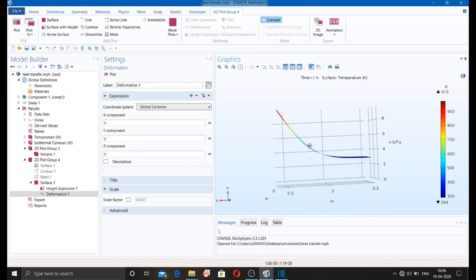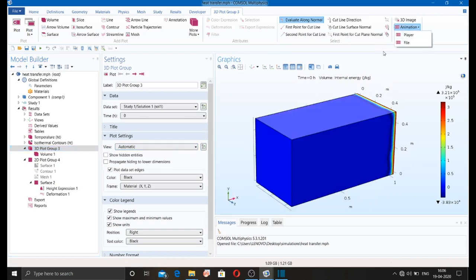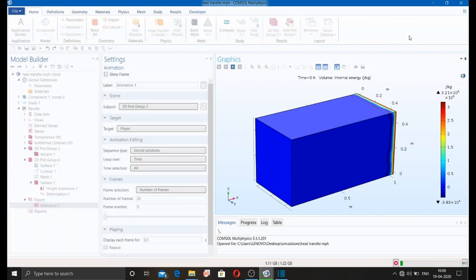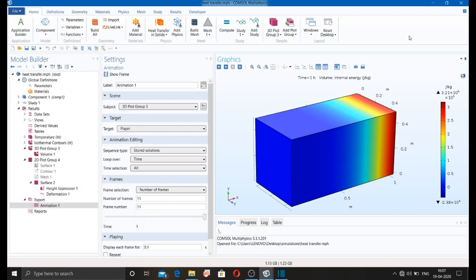Okay. If I want to make the animation of this plotting, you can use animation and player. It will take some time to run an animation. So here you can see how the internal energy is going to change with respect to time.